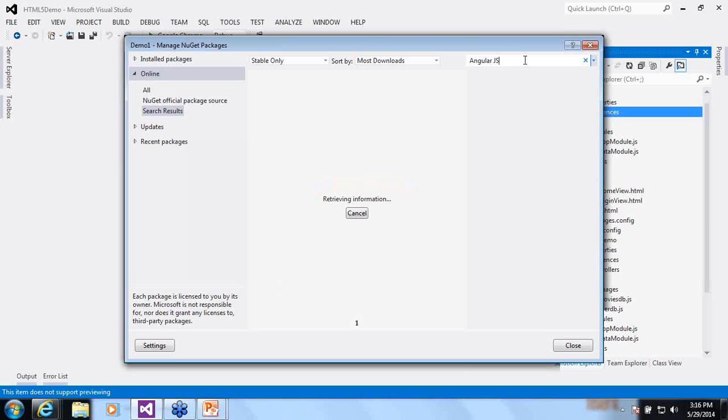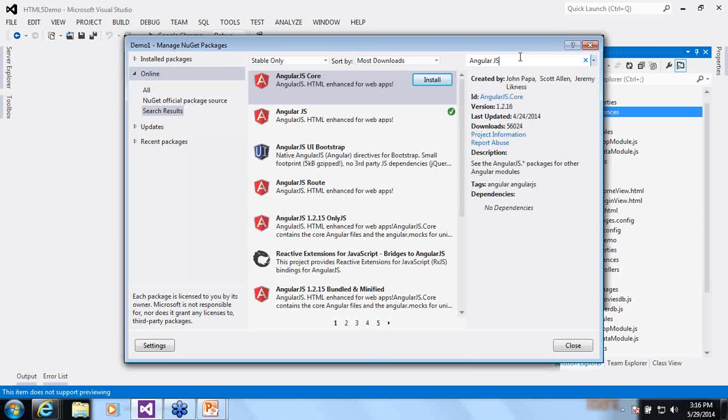So NuGet packages are official packages wherein we can resolve all the dependencies required. Okay, so there are many packages available online for AngularJS.